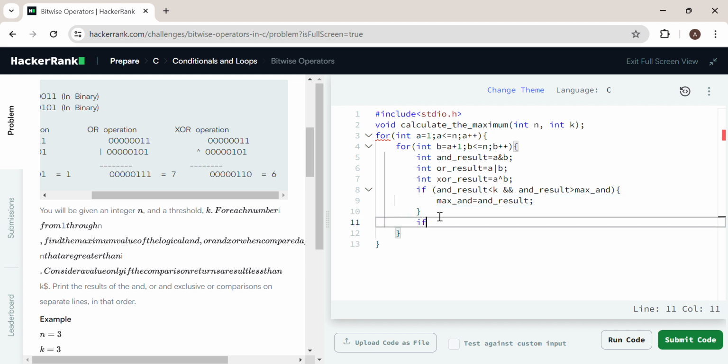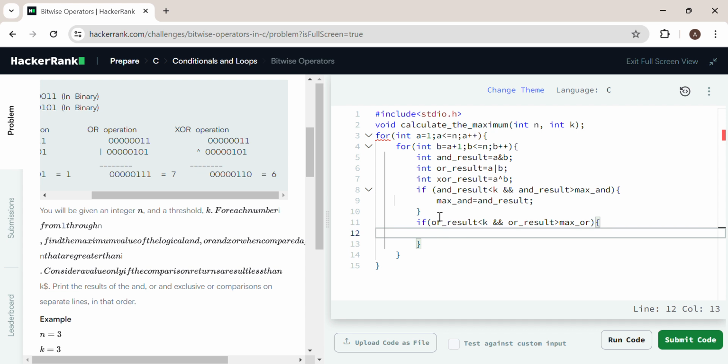Another condition, if or of result is less than k and or of result greater than max of or, max of or equals or result,